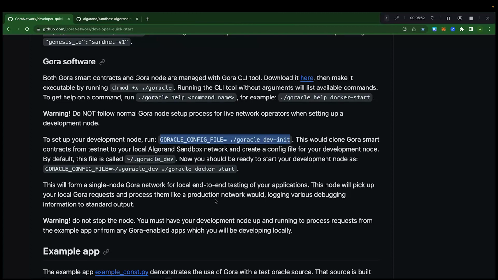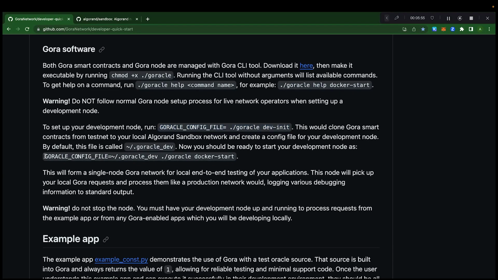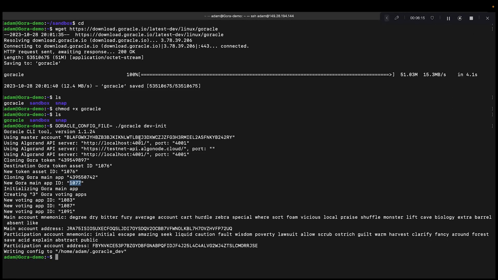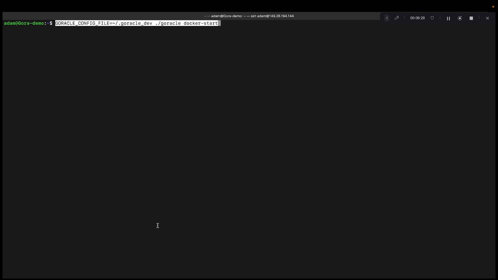The next step is to actually start, which we will do with the start command right here. But if you're going to follow along, we do have tutorials on testnet and Gora mainnet, and if you follow any of those tutorials here, it's not going to work. This is specifically for the hackathon and a developer environment. We can see here that everything was created. We have our main account address, and this is all the stuff we want to see for the Gora software. So let's clear this out, and we will run the command to start this.